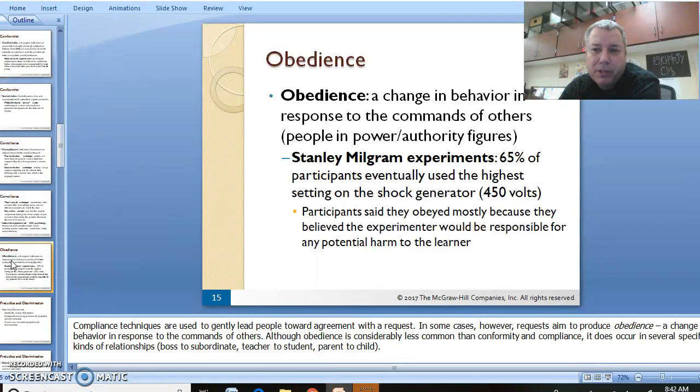Obedience, the Stanley Milgram experiment. I posted a video on that. Make sure you take a look at that. Basically, this experiment was very influential, and pretty much convinced people to kill another person, and two-thirds of the people would have killed another person simply because a guy in a white coat was telling them to push a button. Take a look at that and come back,